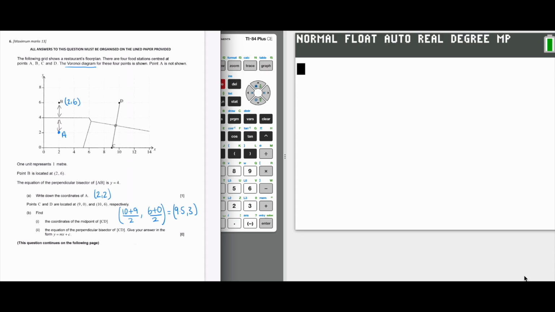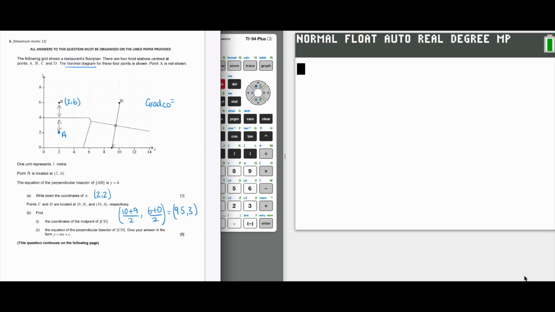And then the second part of the question is the equation of the perpendicular bisector CD. So I need to find that equation, and it asks for it in the form of y equals mx plus c, or you might have done y equals mx plus b. So the first thing we need to do for a perpendicular bisector is to find the gradient. So the gradient of CD,